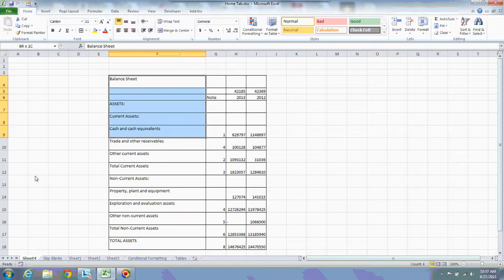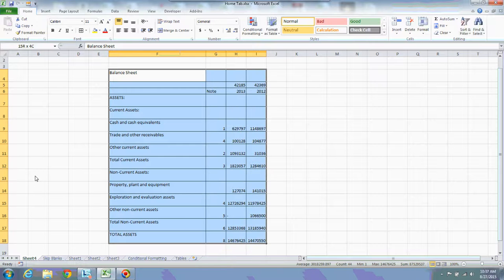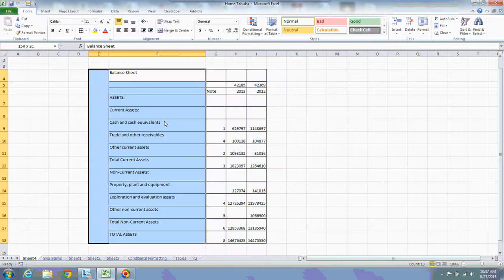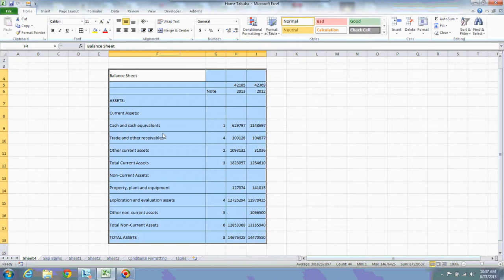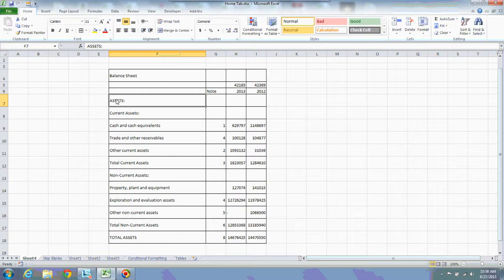Now we can also see this by selecting like this. Earlier we did not select the values column, we selected only up to the description column. Now I am selecting the entire table. I want to make it middle aligned. How can we middle align? Just click this middle align. You can see all the values, descriptions and data have been middle aligned. Now you can observe there is some space above and also below. It is exactly middle aligned.